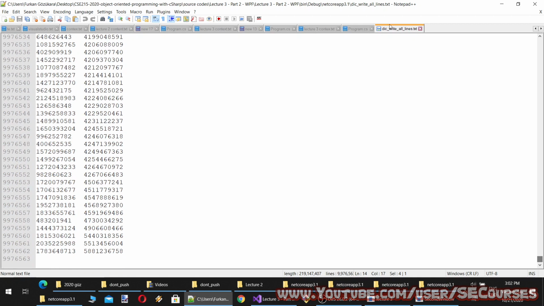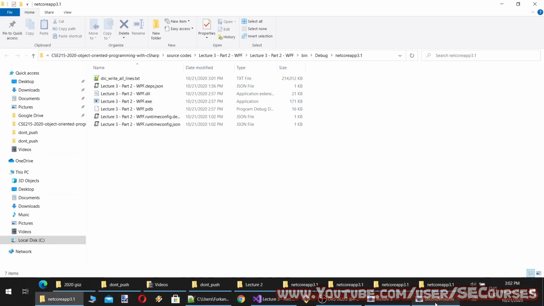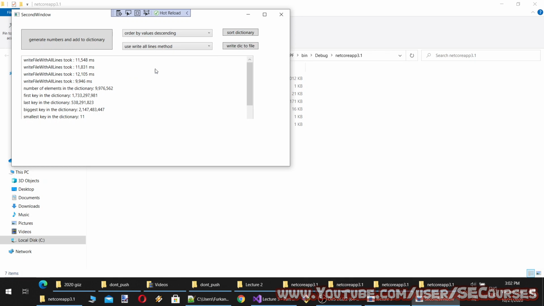And then I will sort by value descending to test it. Sort dictionary. Sorted. Write to file.